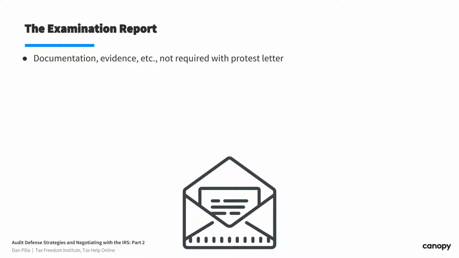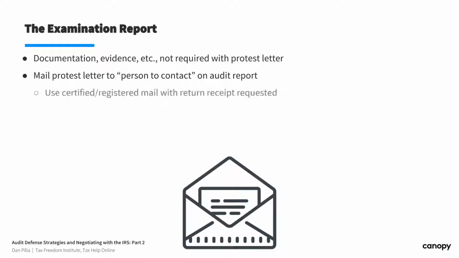Now, you've got to mail the protest letter to the person to contact. This is going to be the individual that's identified in the upper right-hand corner of the letter. The name will be up there, and of course the address will be at the top of the letter. You need to use certified or registered mail. Actually, these days I use exclusively priority mail with tracking. It's a little bit more expensive than certified mail, but you don't have to pay for the return receipt, because